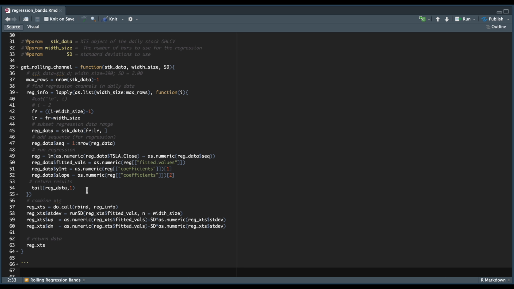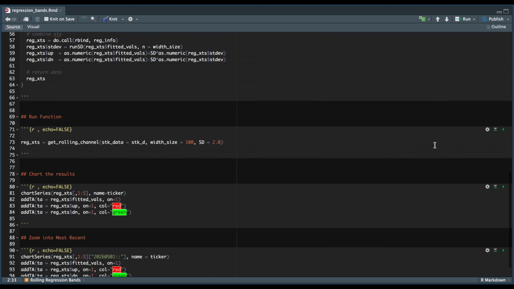And then we're going to put everything together. We're going to add the standard deviation. We're going to add a running standard deviation of the fitted values and add the upper and lower standard deviation bands. So if we go to the next block here, we're going to assign the parameters. So if we go ahead and run this